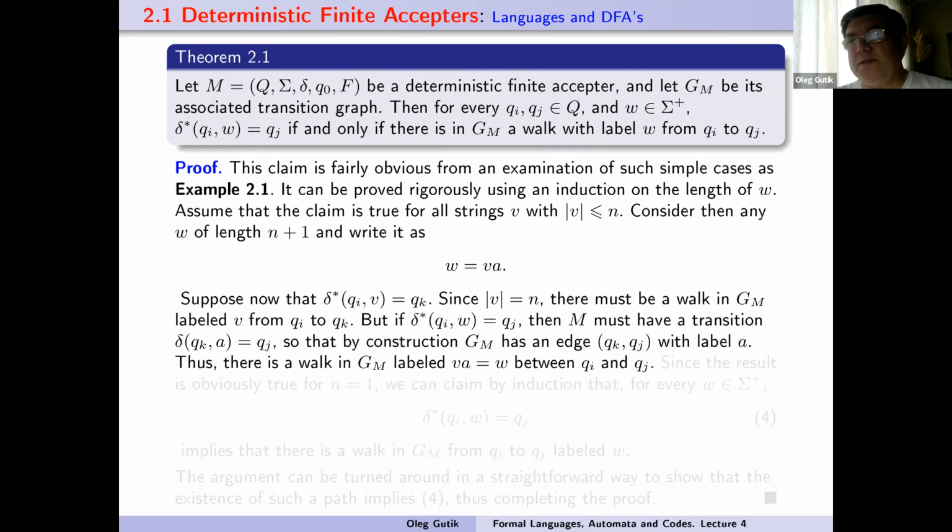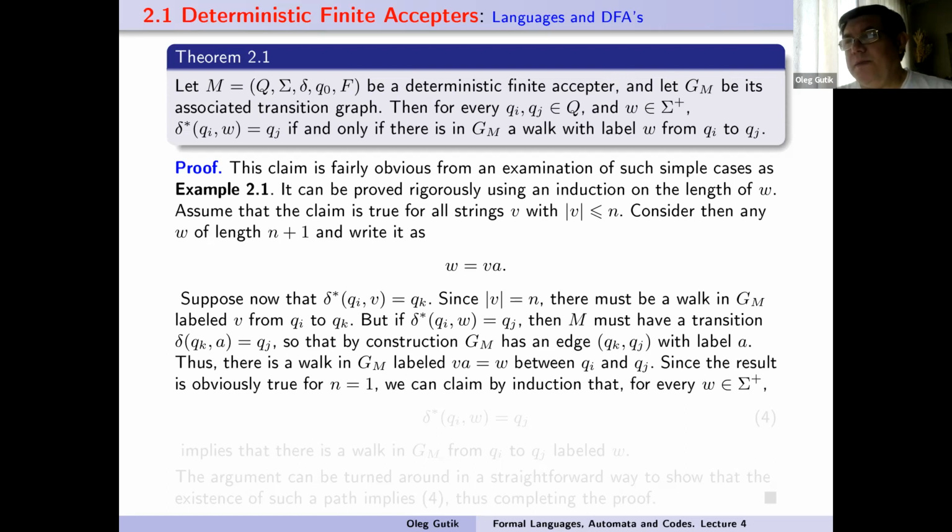Thus, there exists a walk in the graph G_M labeled by the string va, which is equal to w, between vertices q_i and q_j. Since the result is always true for n = 1, we can claim by induction